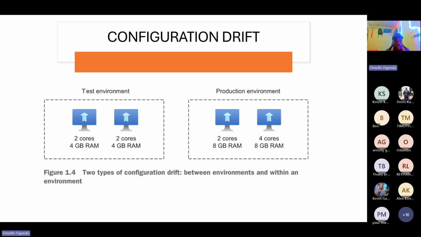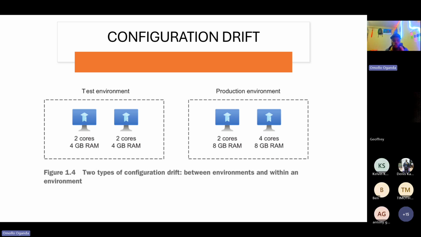In the test environment, you see I had 2 cores and 4 GB RAM, another 2 cores, 4 GB RAM. So I have 2 VMs on my test environment where each VM has 2 cores and a RAM of 4 GB. But if you go look at the production environment, I have 2 VMs still, but there's a slight difference